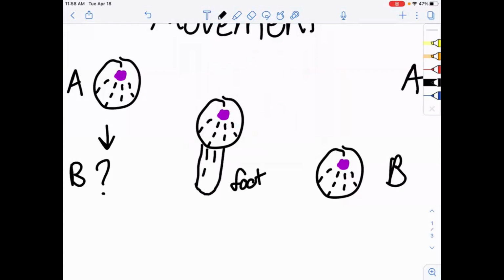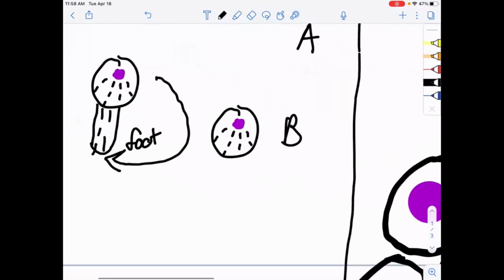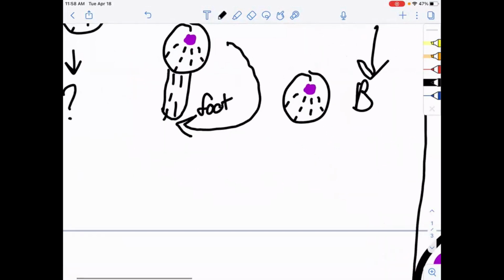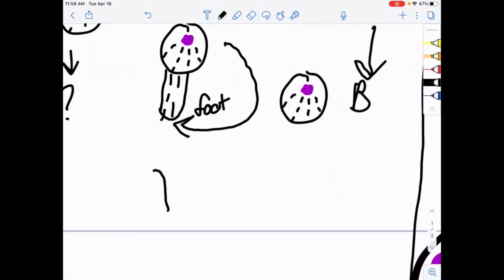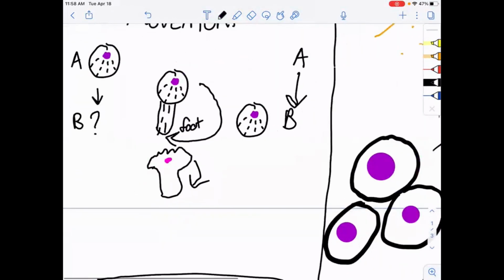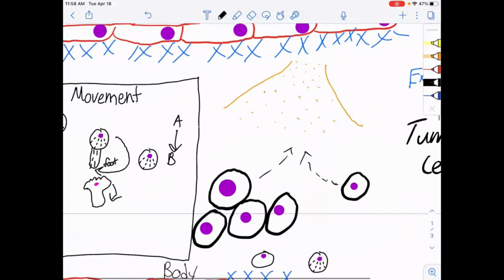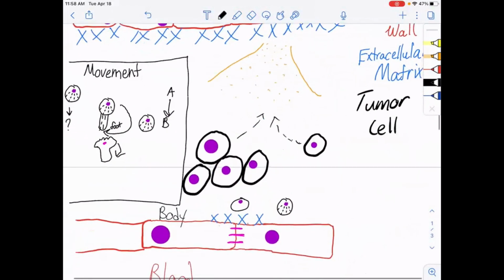So they'll extend this out, that sort of then pulls this main body along and ultimately goes from point A to point B. So the cell itself will stretch out with the intermediate, so the nuclei will move along with the rest of the cell. So we've got this amoeboid movement that gives us the ability to move, but how do they know what